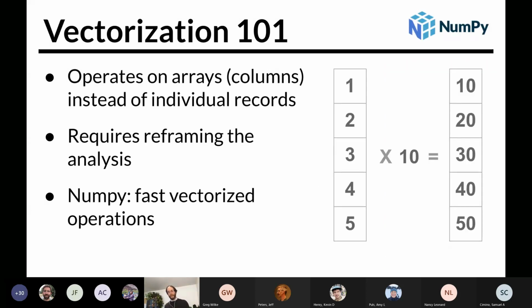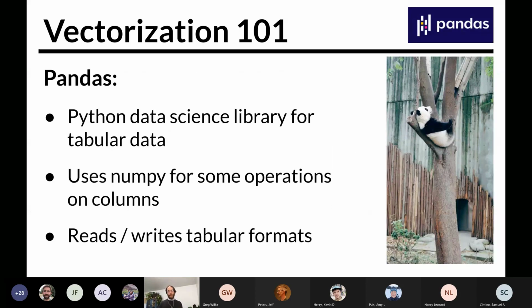To give you an idea of what this looks like, we pass a column of data from Python, do the operation in a compiled language, such as multiplying all of the values by 10, and get back the results. This can speed things up by orders of magnitude, depending on what we're doing. In Python, the NumPy library provides a lot of optimized, vectorized operations out of the box for arrays of data, especially numerical operations. But working with raw NumPy arrays is not always very convenient, especially for structured data.